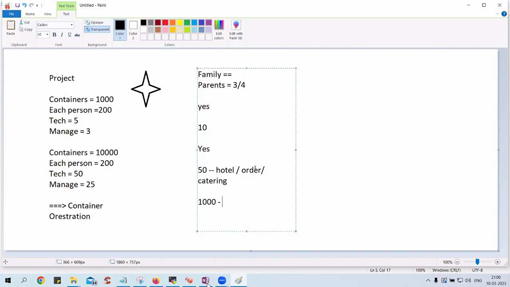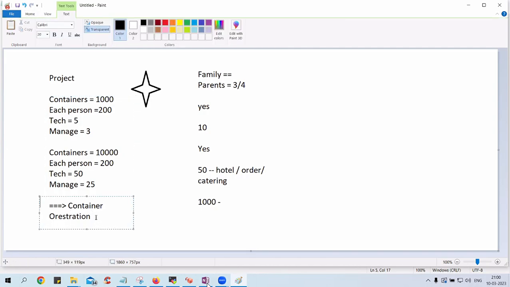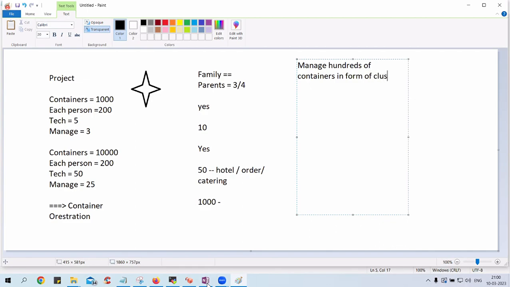Likewise, here also, when the number of containers is increasing, we start thinking about choices. That choice is nothing but container orchestration tools. Container orchestration tools are capable of managing hundreds of containers in the form of a cluster.